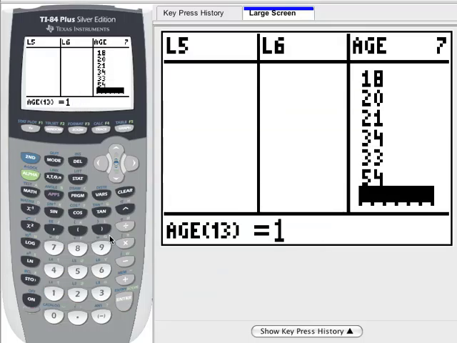16, 19, 26, 20, and then we're down to 16, 16, 26, 40, 20, 17, 24, 21, 25,